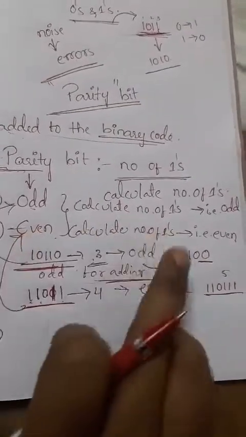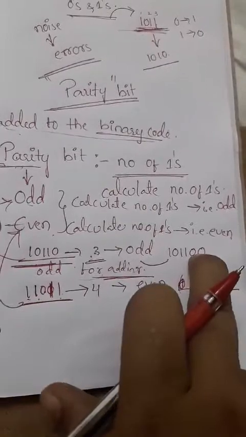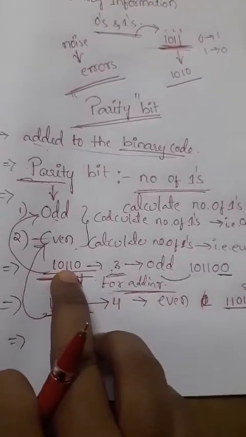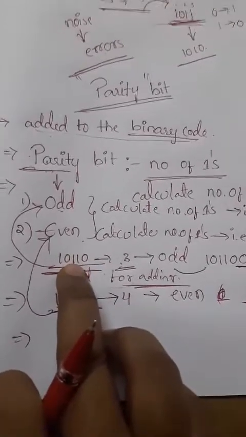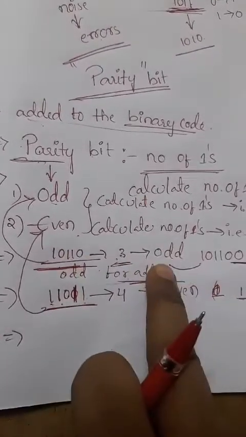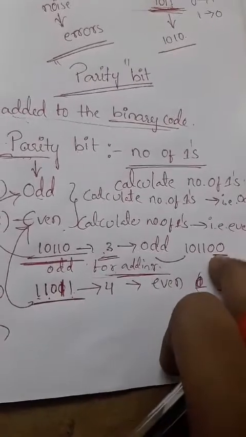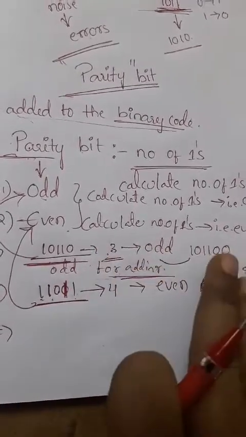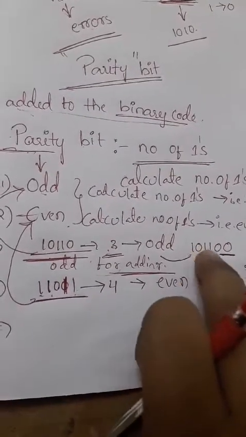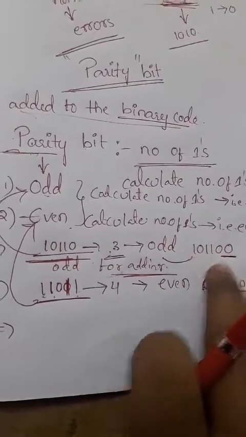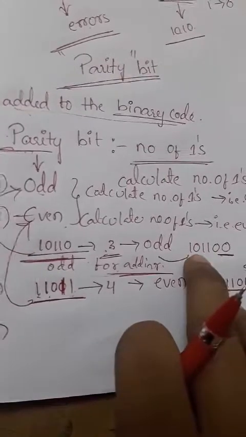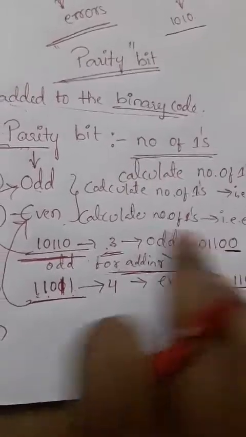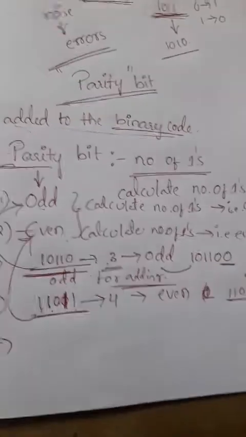No need to add any number for that, we can just add 0. If any binary code directly has an odd number of ones, you can say that is odd parity and just add 0. If 0 is added to this number, the number of ones doesn't change, right? 1, 2, 3, the same. Nothing changes here; again the number of ones will be 3. So that belongs to odd parity.